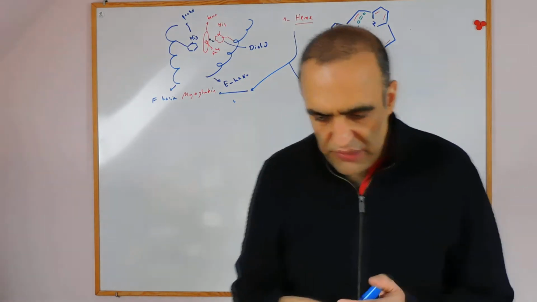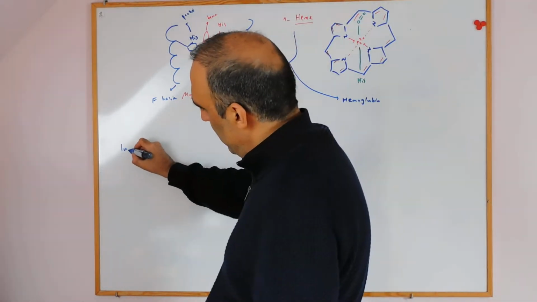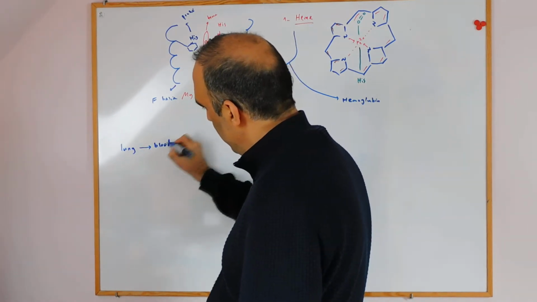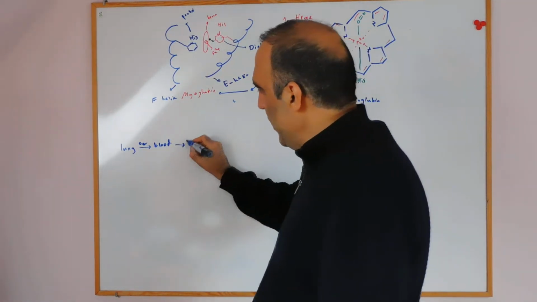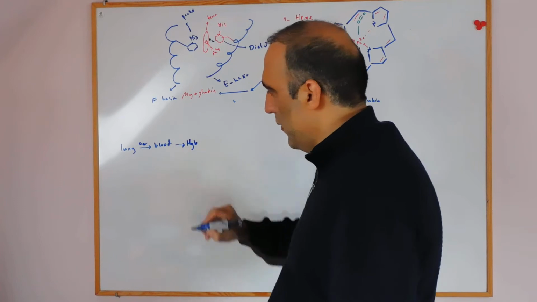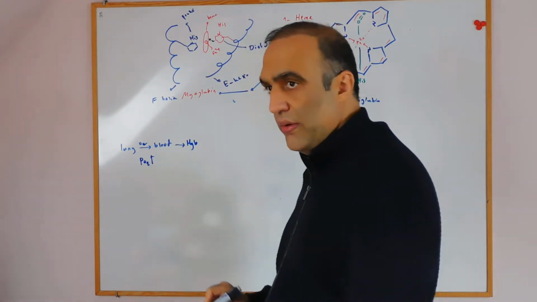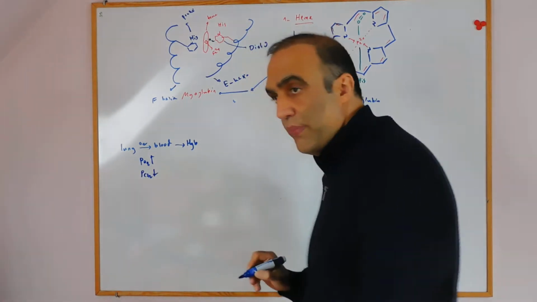Because as I start from here, for example, in the lung, oxygen goes into the blood, okay? Then goes to the hemoglobin, okay? Because the pressure of oxygen in the lung is high, and the pressure of carbon dioxide is less, because of this